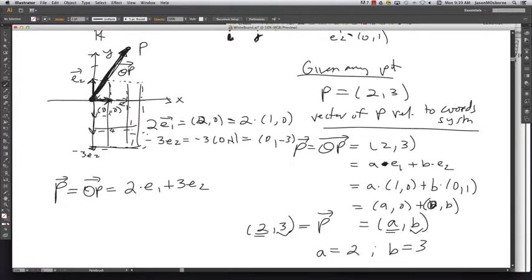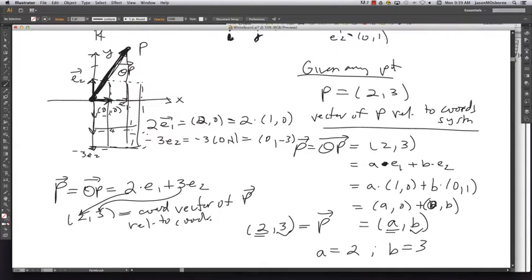That will basically say you follow the grid 2 steps in this direction and 1, 2, 3 steps in the E2 direction. So the vector (2, 3), taking these numbers and putting them into a vector, is what's called the coordinate vector of the vector P relative to the coordinate system